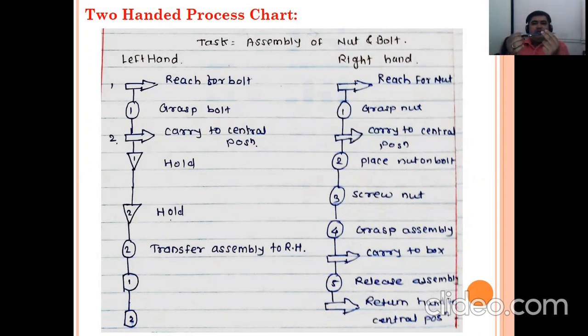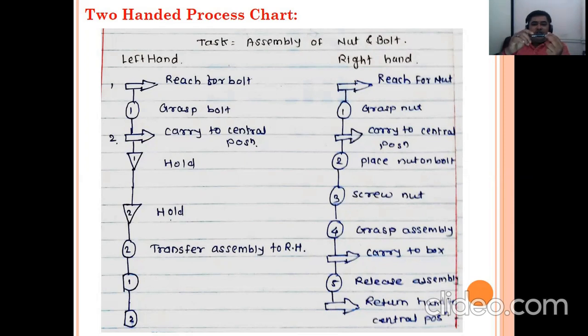I will move to the central position. This is hold. Place the nut on the bolt. So I will place the nut. Then I will keep my left hand steady, as a holder. But this side I screw the nut. So I will screw the nut here like this. My left hand is at that time in the hold condition, but the right hand is screwing the nut like this.